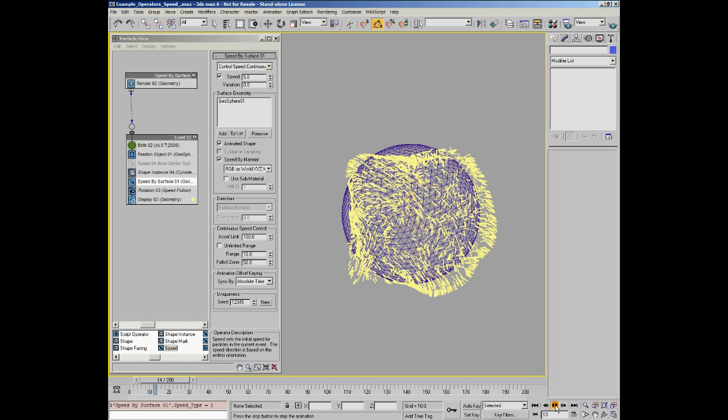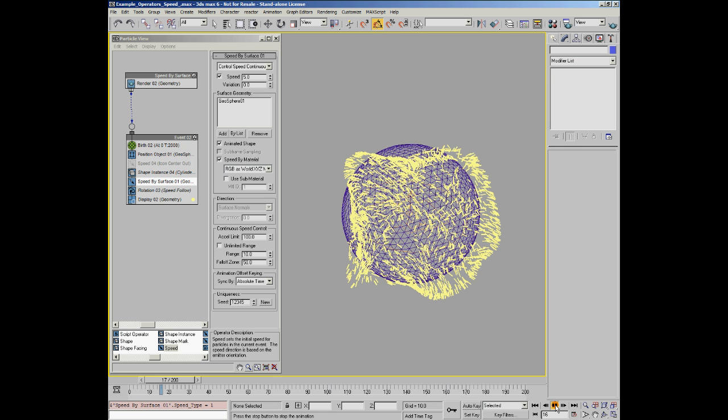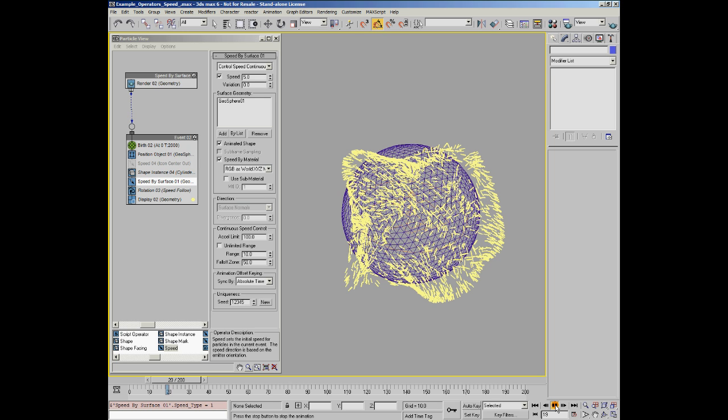But what this means is that as the bitmap rotates around the sphere, it's controlling the speed and the orientation of the particles continuously. So as they fly through space, the particles are tracing a ray back to the surface. They're finding the texture on the surface at that point,